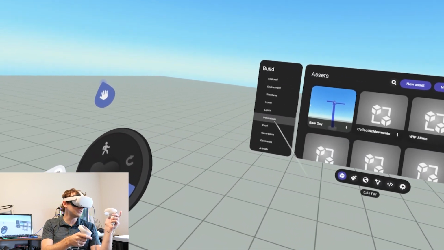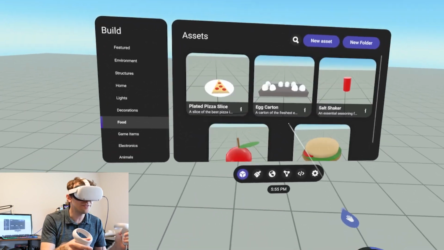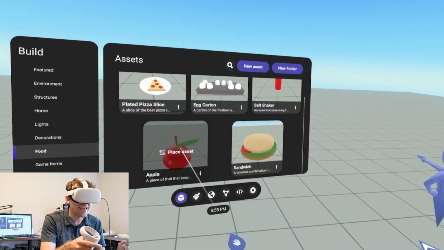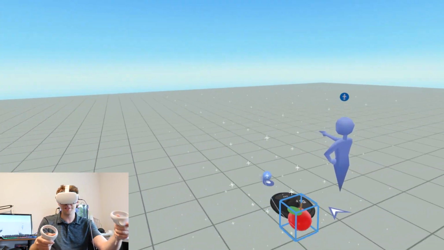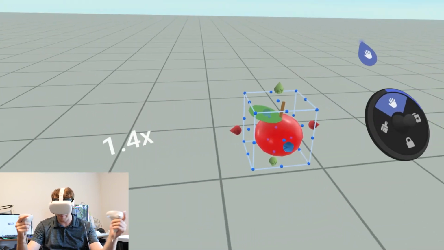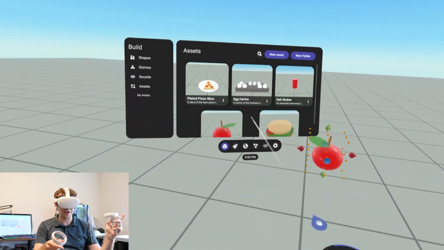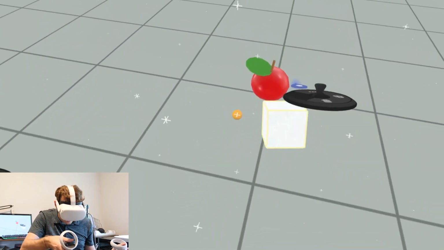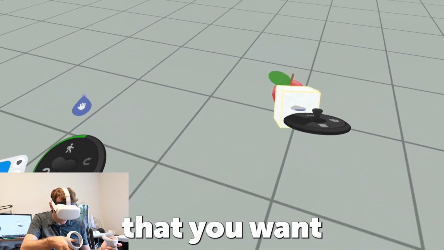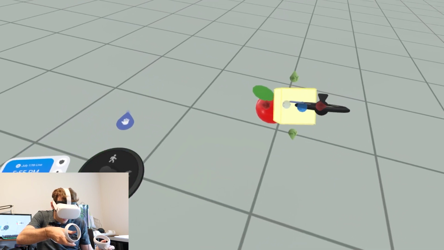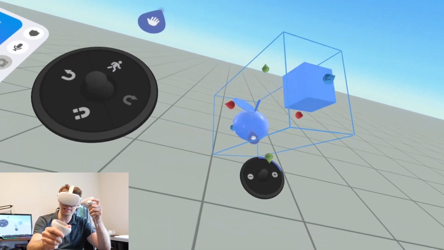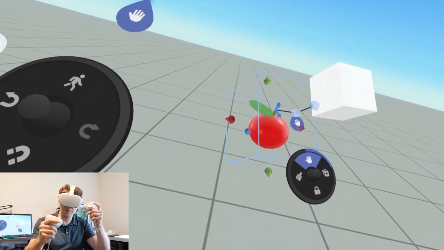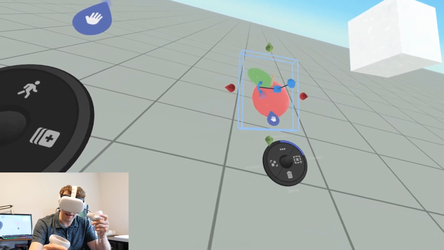Let's see, if we go to the food items, does there happen to be a cookie in here? Okay, apple clicker. We're going to do apple clicker. You press the apple button and it's going to cause you to get a point. So to create a button that you can click that looks like an apple, find the position that you want and then place your cube object, select the cube, select the apple, deselect the cube, stretch, flatten it out and